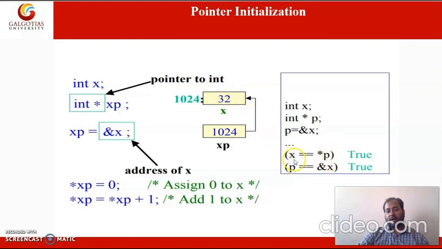So x equal to star p, this is the same thing. Here x is 32 and value at the address of p. This statement means value at the address of p. So value is 32, and value of p is the address of x. So that will be the same.